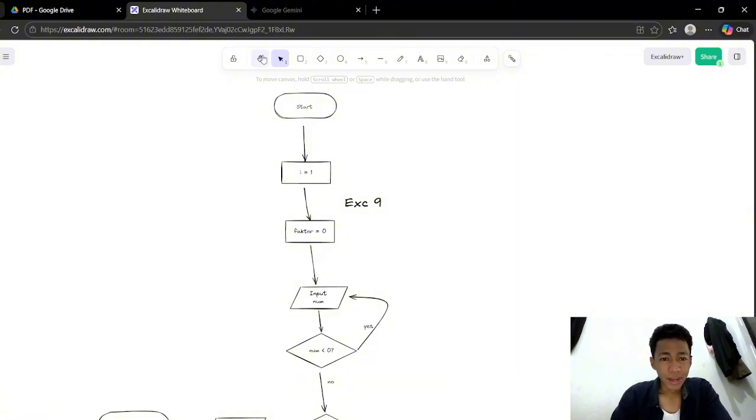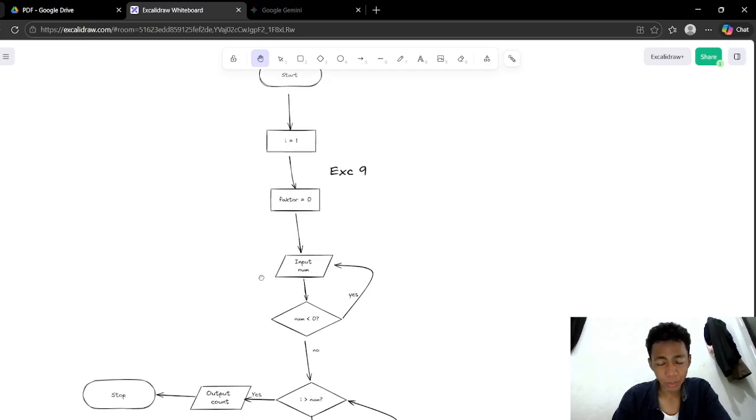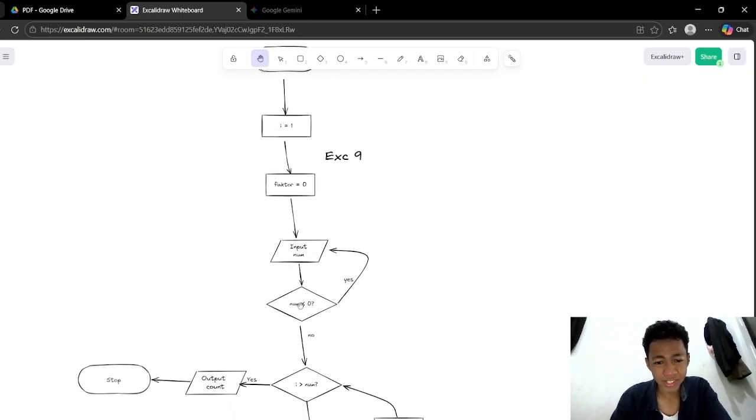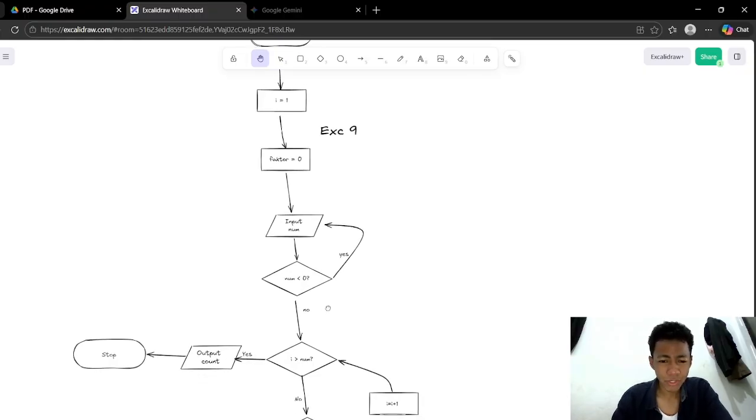After that, we input a number and check whether the number is negative or not. If yes, it will force you to input the number again until you input a positive number.